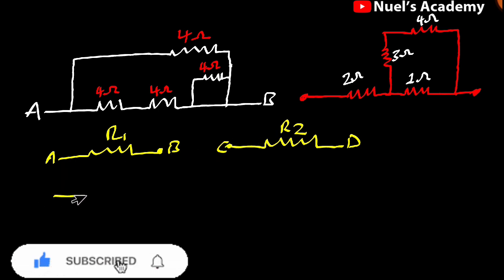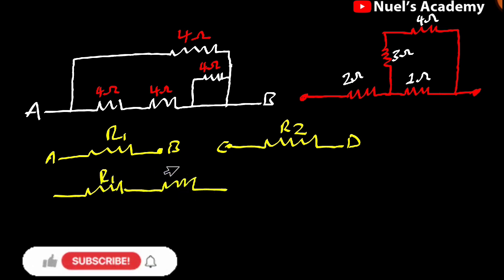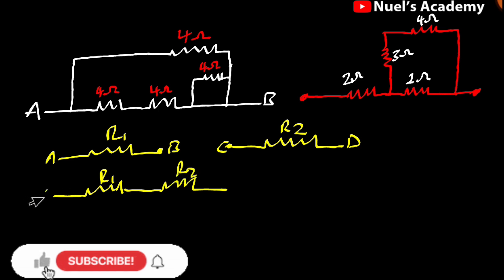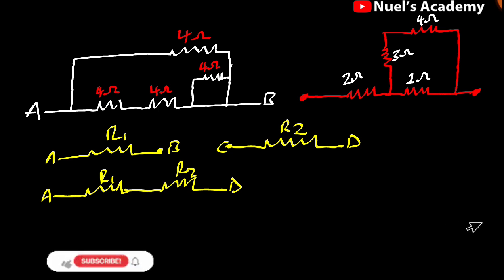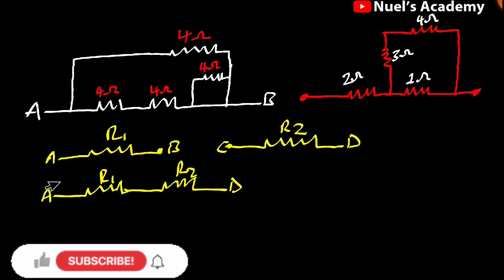Alright, so if you do that, we are going to have something like this, where this is resistor 1 and then this is resistor 2. So this is point A and then this is point D. Alright, so the two resistors must be connected end to end for them to be in series. And then when two resistors are in series, the same current flows through them. So the current flowing through this resistor 1 is the same thing as the current flowing through the second resistor,